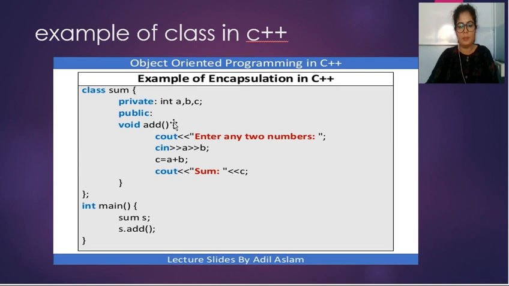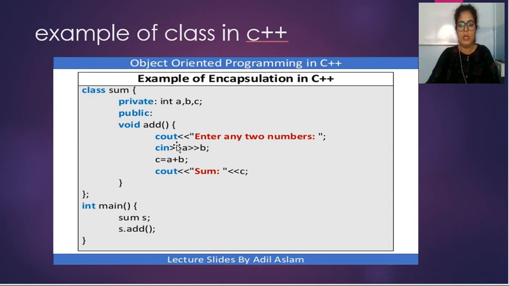In the curly bracket, suppose you want to add two numbers and store the sum in variable C. First I want to print a message. Whenever we have to print a message, we use the cout statement. So the statement is cout, enter any two numbers, semicolon.